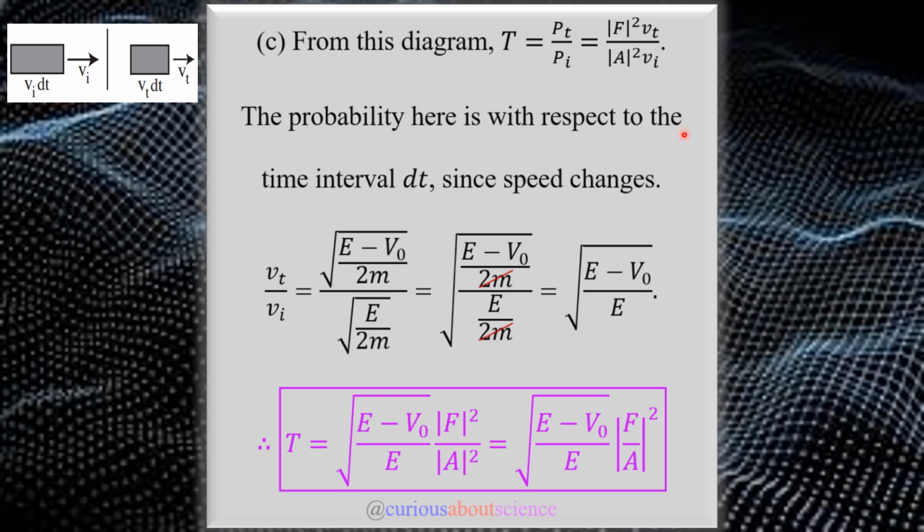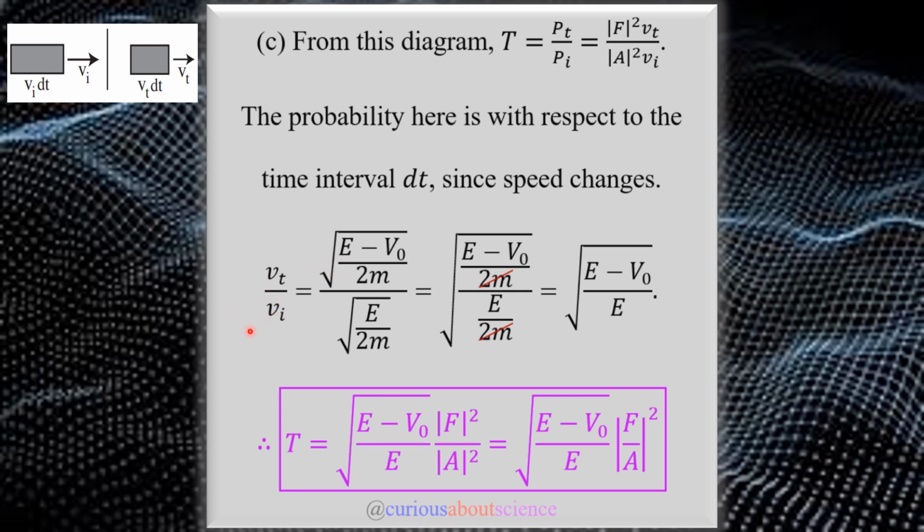But of course, in the note that the author gives us in the question statement, the reason why this is okay and why we need to do it this way is because in the barrier, the attenuation tells us that we are going to have different speeds, and that different velocities means we have to set up this ratio within the interval of dt. So a pretty cool, interesting perspective to take on this, but nonetheless, here we need to find the ratio of